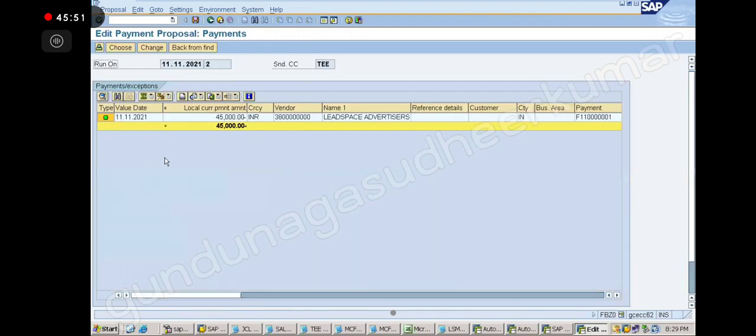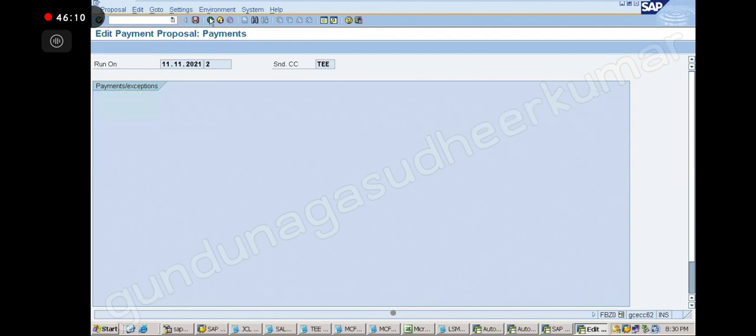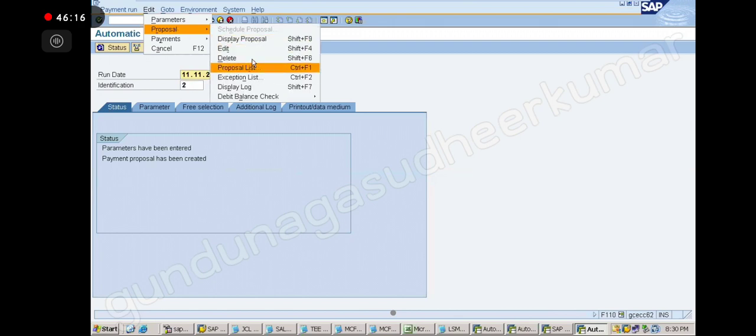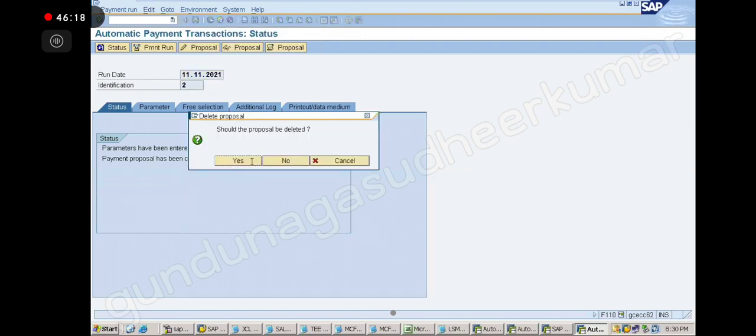Now edit proposal, I have it. Correct. You understood? Is it picked up? Yes, sir. Picked up. So you understood? Did I unblock it? Really? No, sir. Alright, you don't need to unblock it. It will be automatically picked up in the next proposal. Is it clear? So this is proposal level blocking. Now we are not blocking permanently. Okay? Now I will show you where permanent blocking is. Okay, let me delete.